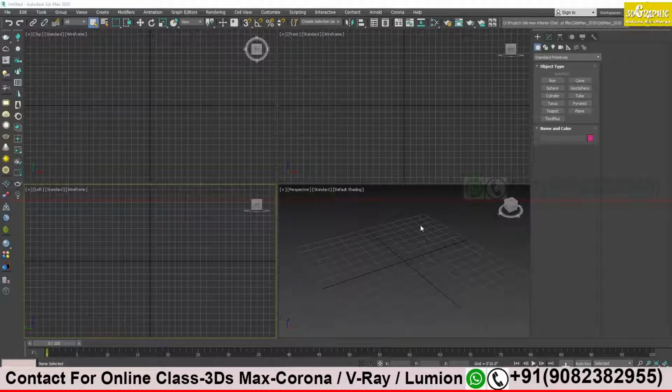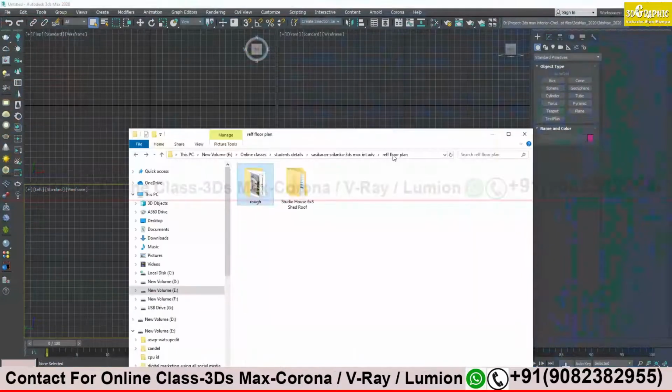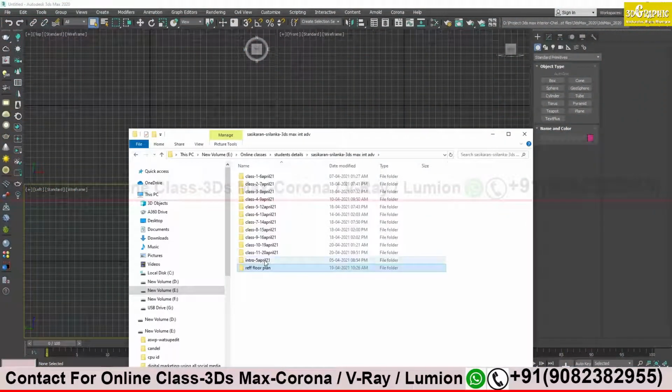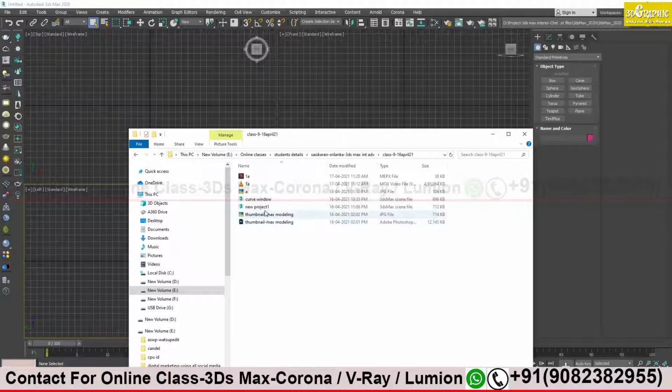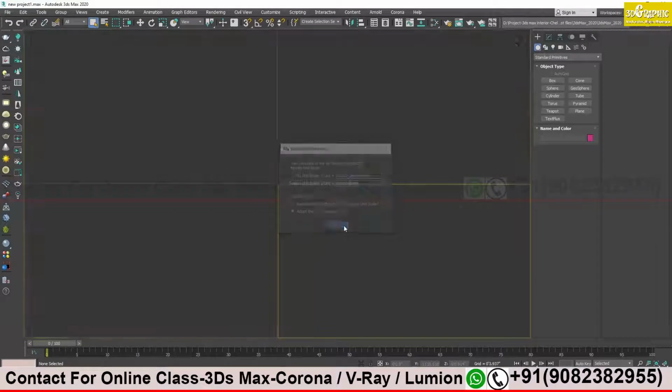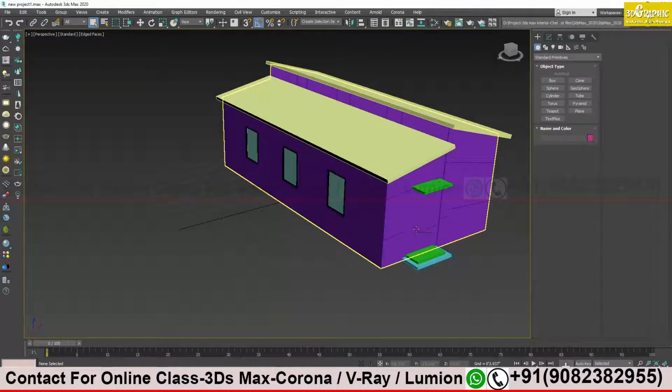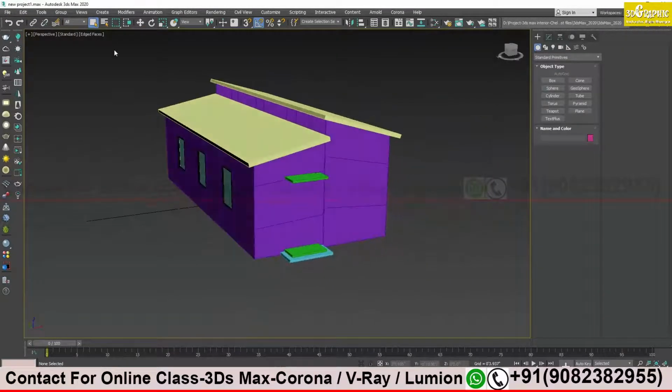Yes, so I will quickly start one of my models. Go to window, new project. Let's see. I will quickly import. Can you see my computer screen, Sasikar? Yes, sir.